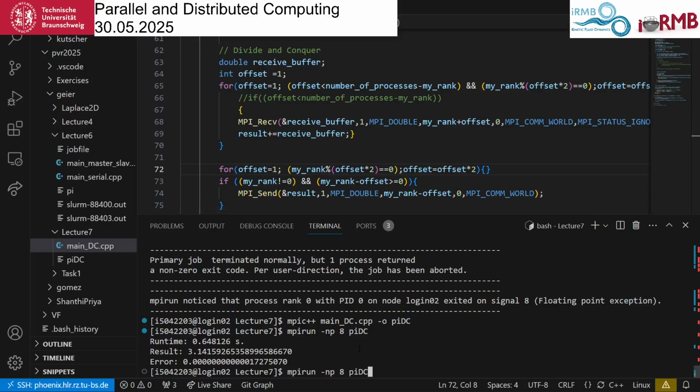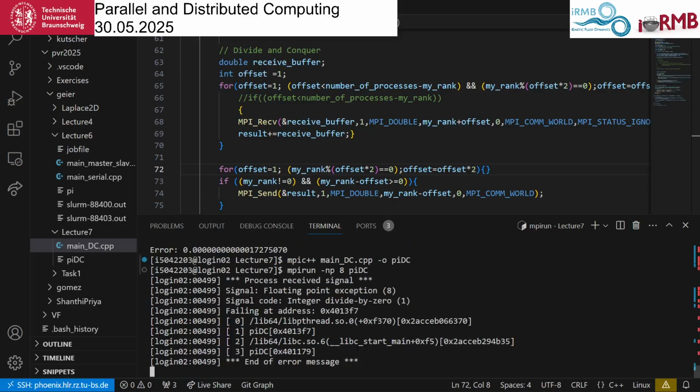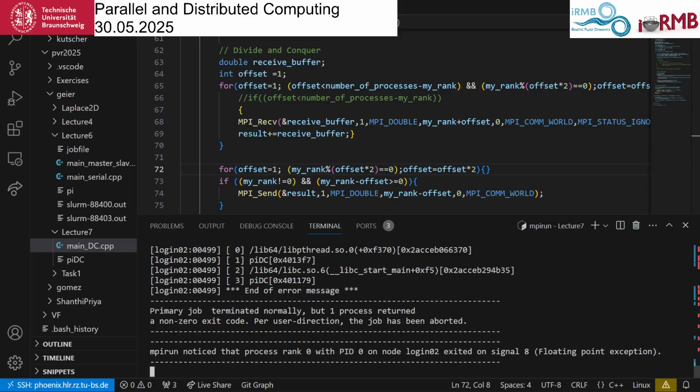Maybe I didn't save it, I don't know. I compile it again and I run it again. And now it crashes. Okay, so it really does not like this,